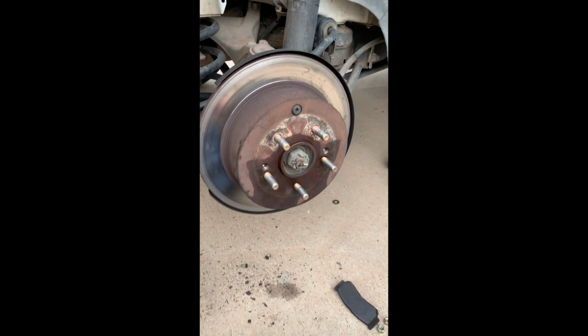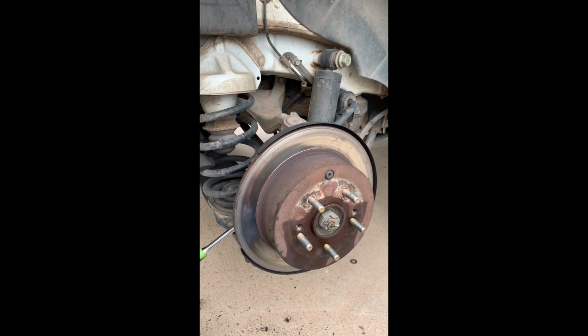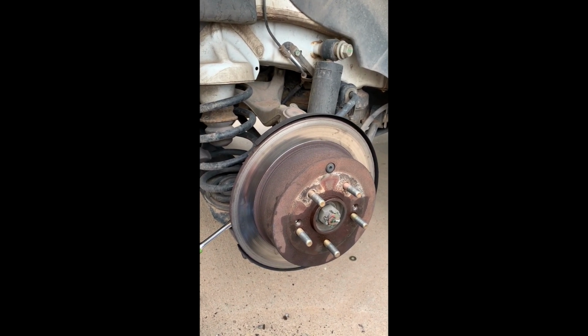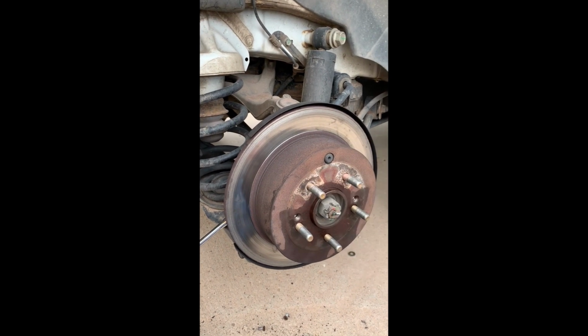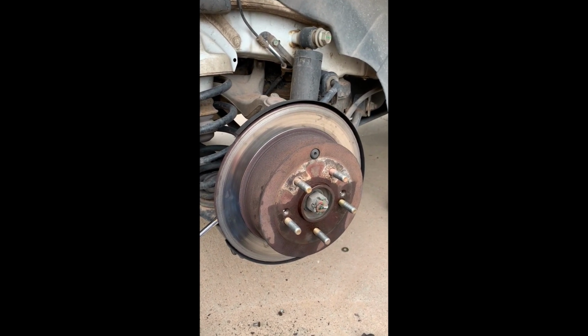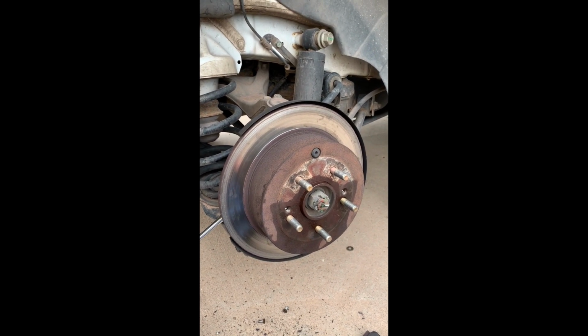I am changing the rear right rotor on my 2007 Hyundai Santa Fe. And I don't know about you, but I have had lots of fun trying to get rotors off of cars. Not just Hyundai Santa Fes, but pretty much any car, because sometimes these rotors can almost seem like they're welded